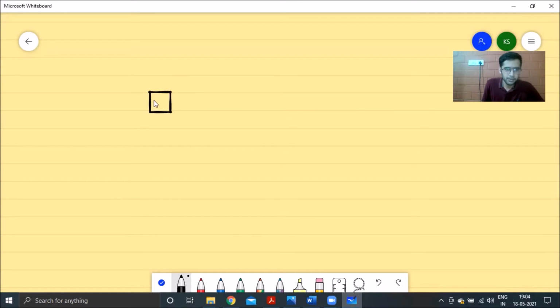So here we have two blocks of masses M1 and M2. The two blocks are connected by a spring of spring constant K, right? And this block is given a sharp impulse such that it acquires a velocity V0. So what does that condition mean essentially? What it means is that this force has been given rapidly or instantaneously, such that in the time it took for this block to attain a velocity V0, the spring didn't get elongated at all.